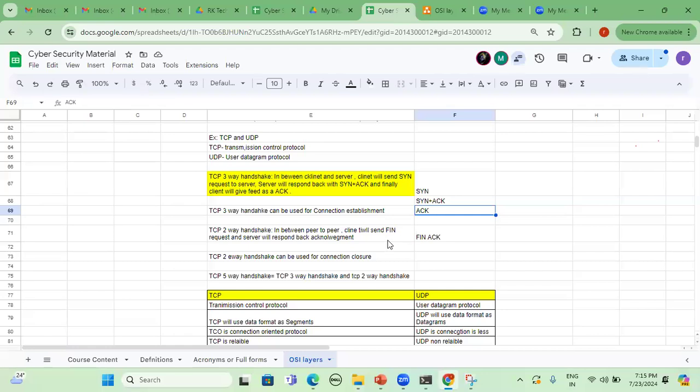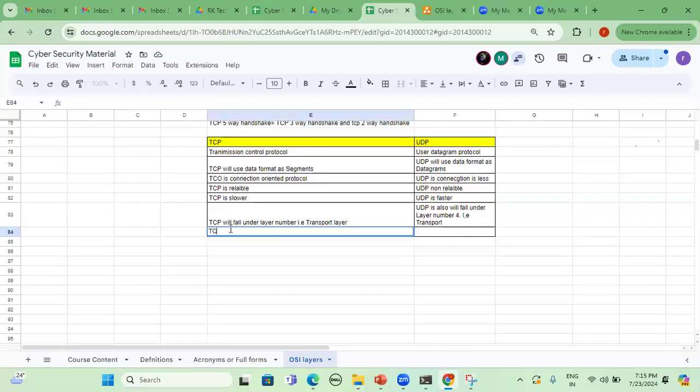So that is the next point. TCP will require acknowledgement or feedback from the client or in between two devices.